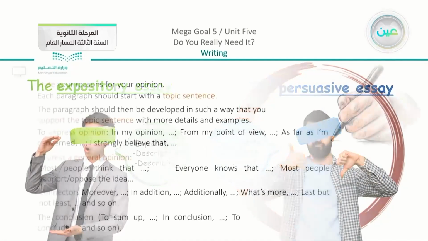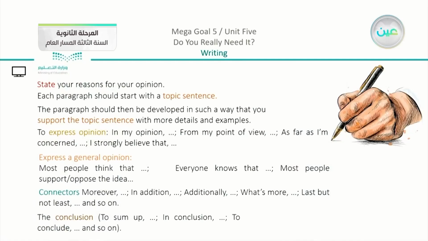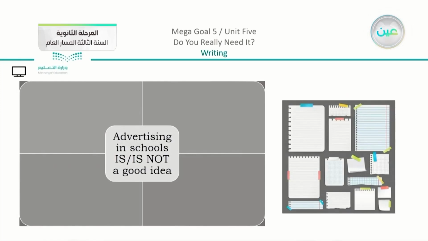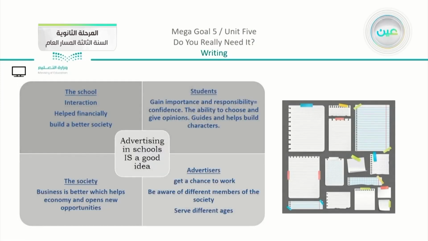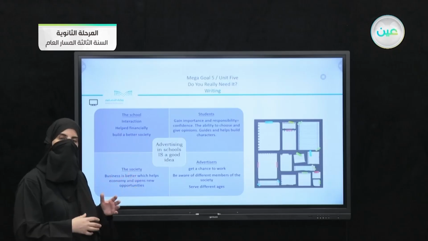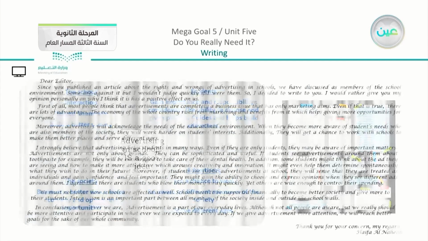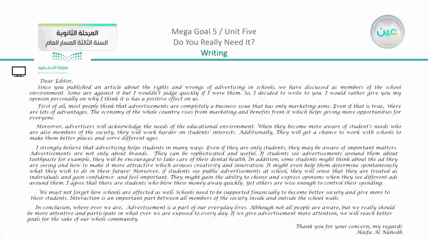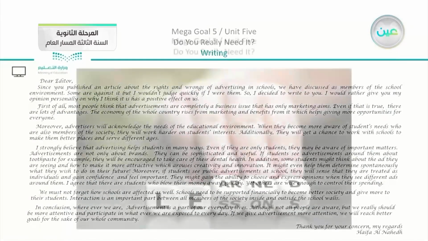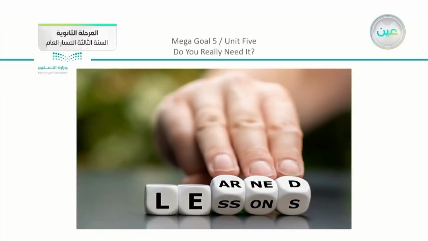And after that we have here all the tips that we were given before we started writing the essay, which led to a complete form of an idea, starting with this kind of graph. We just divided our ideas and we wrote some vocabulary concerning each idea and some notes. And after that we formed the complete essay that we have here. Now, after that we have here the lessons that are learned.